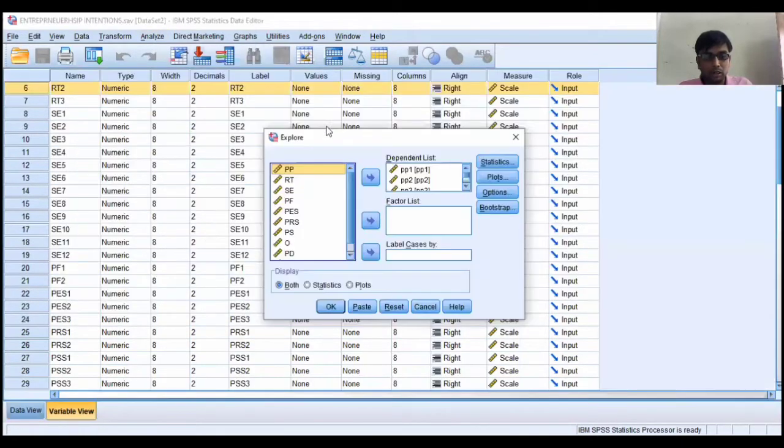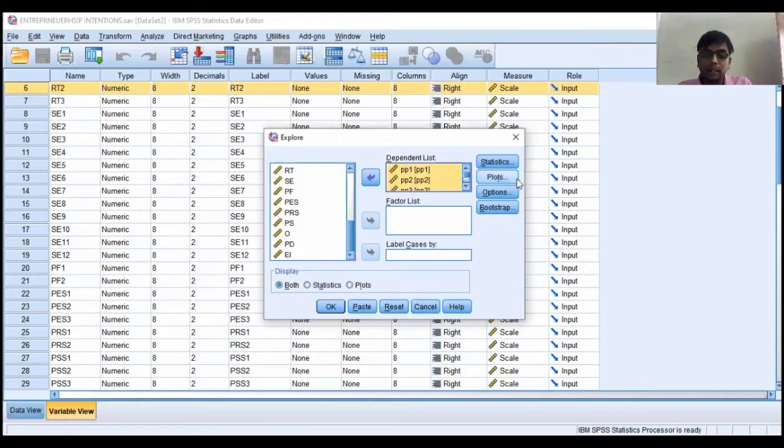Click on Explore, and here in the variables, the scale variables that I have taken, just select all those variables with the help of Shift and the down arrow key. Now transfer these variables into the dependent list by clicking on this arrow.